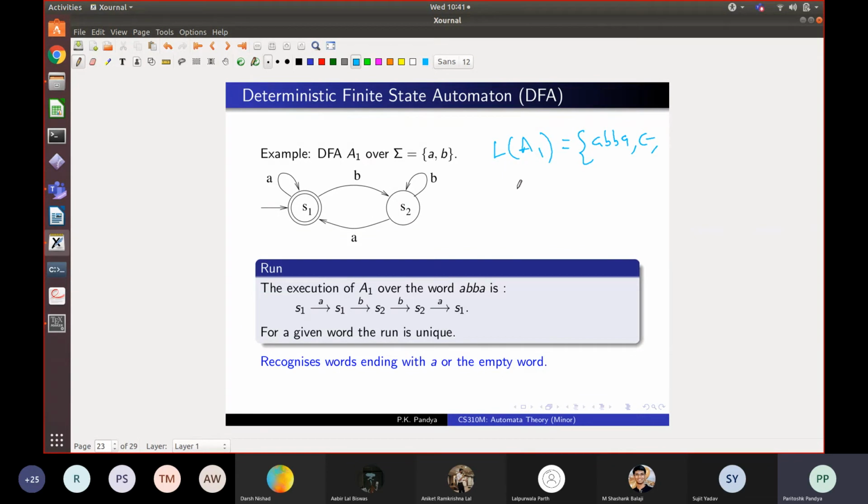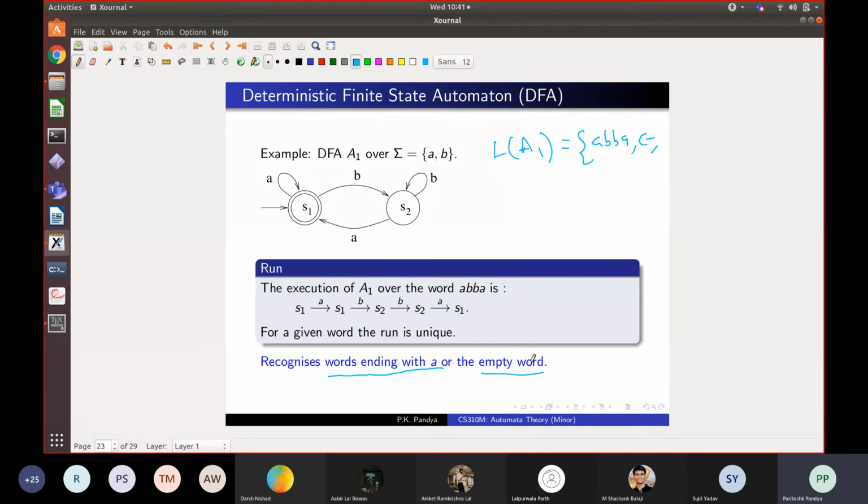If the last letter was A, then it will wind up in S1. And if the last letter was a B, then it will wind up in S2. And our set of final states consists of only S1. So clearly all the words which end in A will take you to state S1 and they will be accepted. And all the words which end in B will take you to S2 and they will not be accepted. So it recognizes all the words which end in A, but also the empty word, which does not have any letter